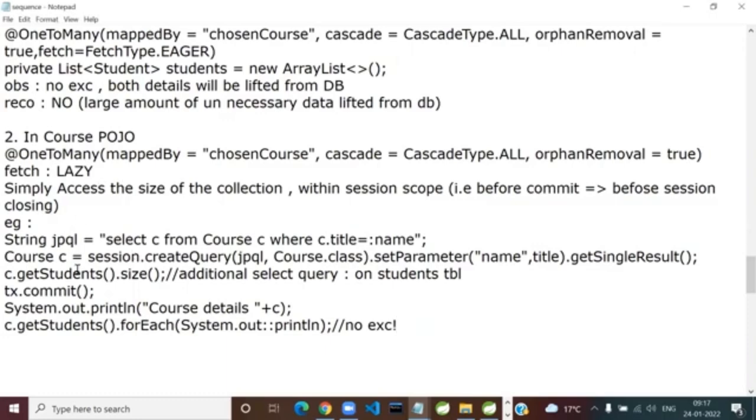But in how many queries we are doing this job? In a single query or in two queries? In two queries. Is there any further optimization? Answer is yes. So what is that? I want to see the full data, but in a single query. What is the solution? Join fetch is the solution. So here I'll just, okay, still better. And there's something called as select n+1 issue and all those issues are resolved. Still better solution. The answer is join fetch.